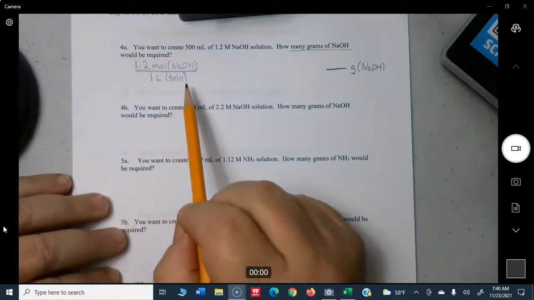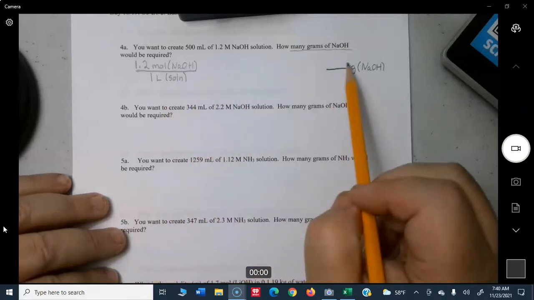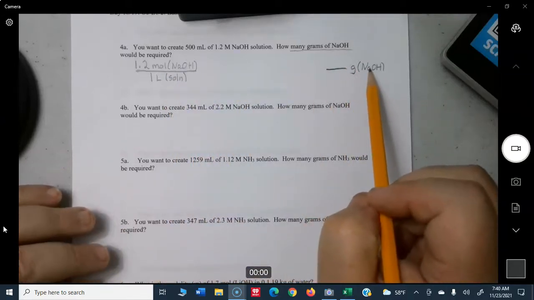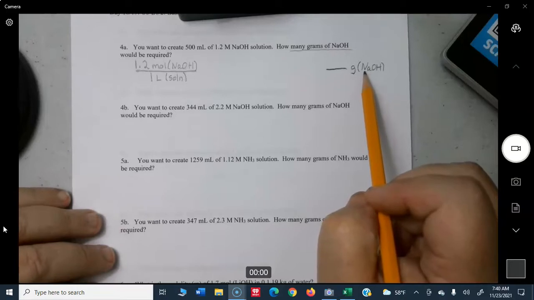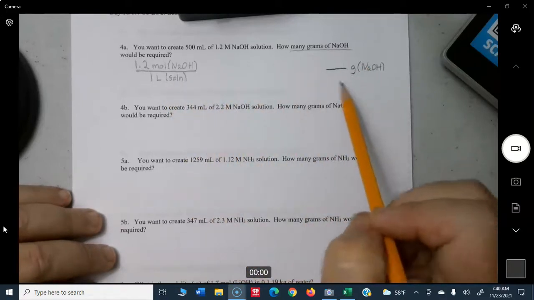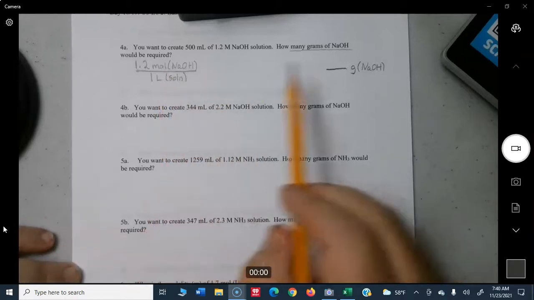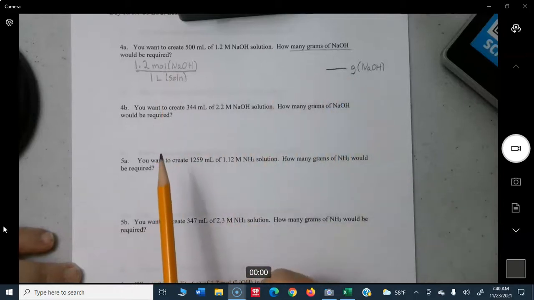Okay, so let's look at what we have here. You have on the top moles of NaOH. Over here you have grams of NaOH, so you're going to have to make a conversion there. Then down here you have liters of solution, and over here you have nothing. So this liters of solution is going to have to disappear. So now we have to deal with the top and the bottom. We're going to deal with the top first. So it's moles to grams. That's a grams to moles